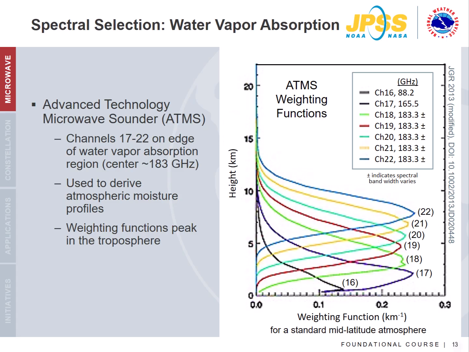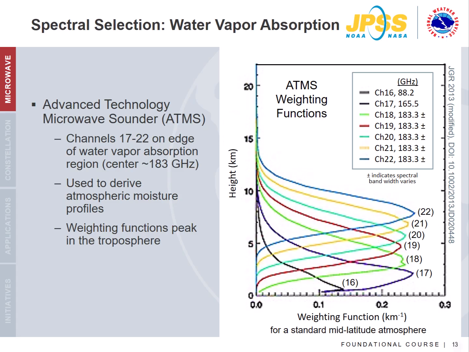Water vapor is not well mixed, so the weighting function peaks are highly variable. The height of the peak is lower in a dry atmosphere and higher in a humid atmosphere and/or where clouds are present. In a standard mid-latitude atmosphere, as with the weighting function shown here, the water vapor is concentrated below